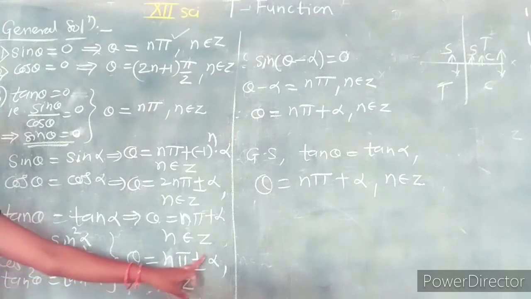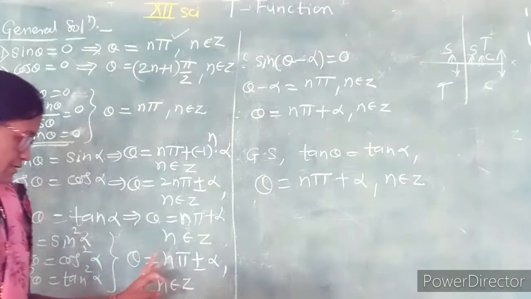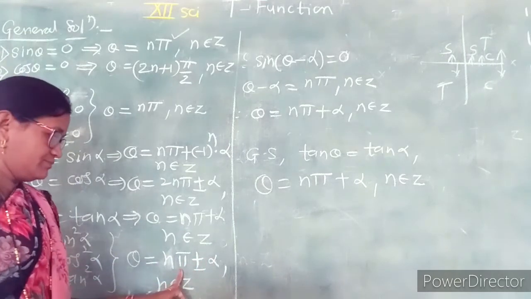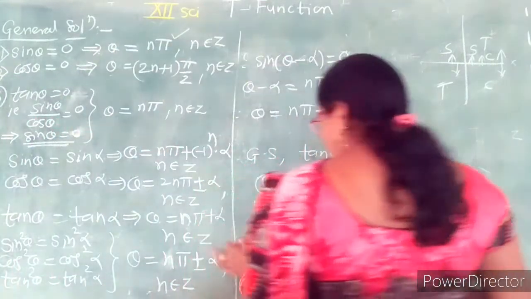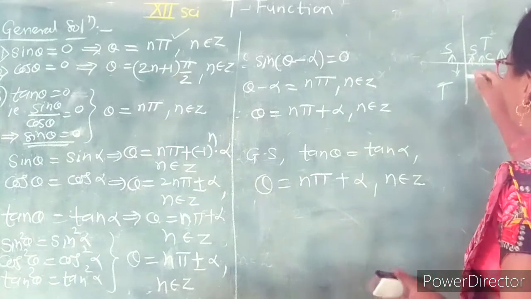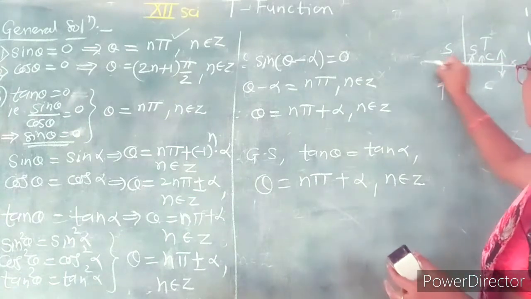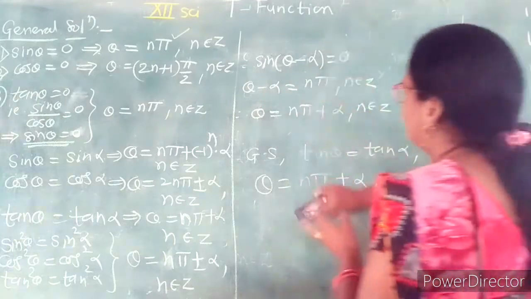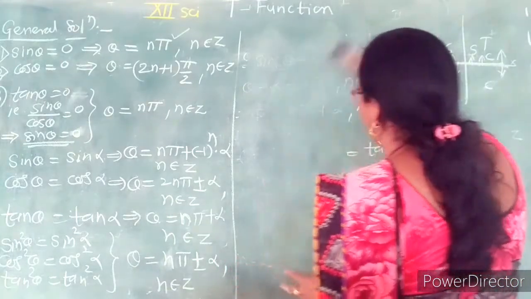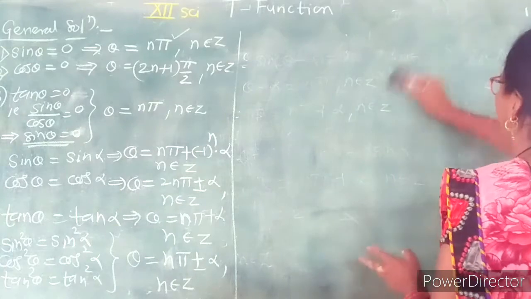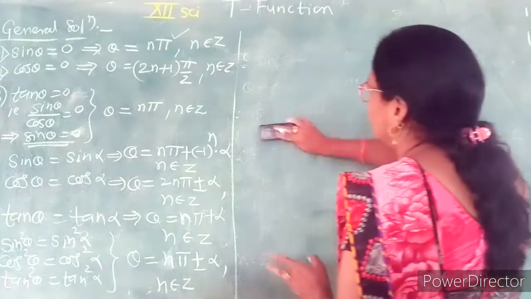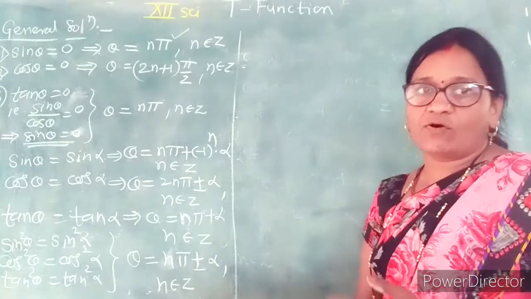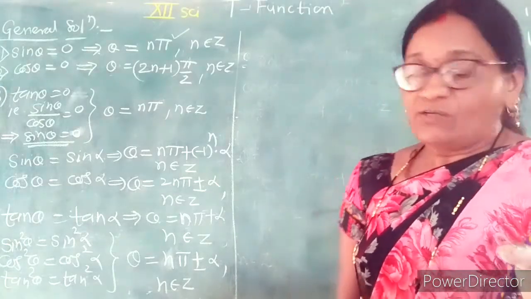Theta is equal to n pi plus minus alpha. That implies here we take n pi plus minus alpha, so that you take multiples of pi along the x-axis. But here all these square identities can be obtained in the result of cos 2 theta and cos 2 alpha. So we use the identity cos 2 theta equal to cos 2 alpha to find the solution of this trigonometric equation.